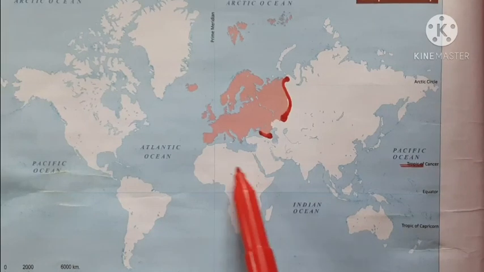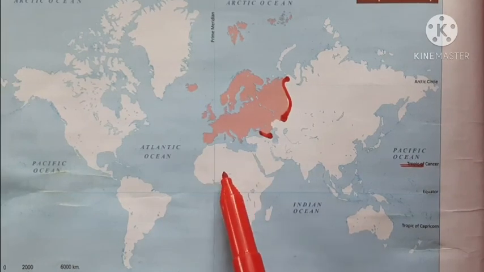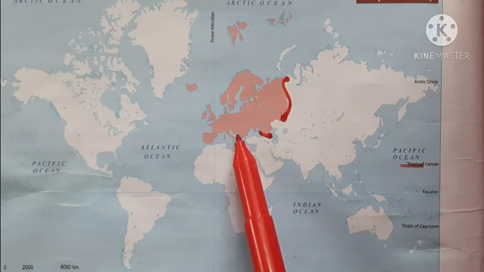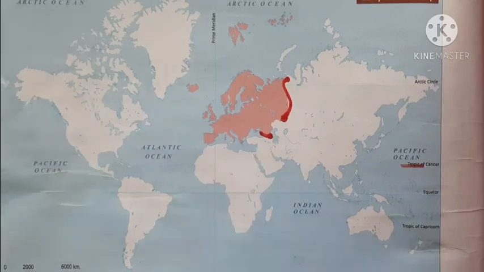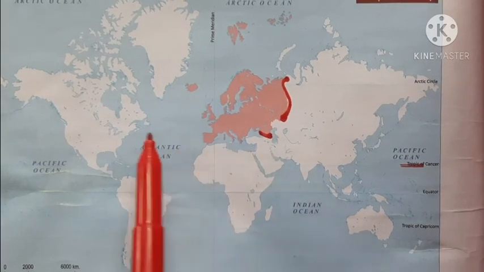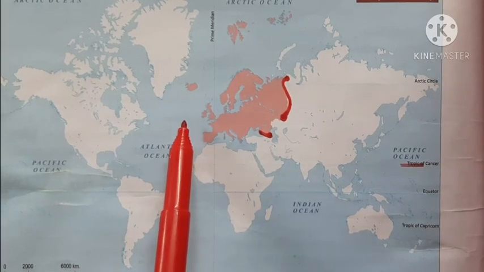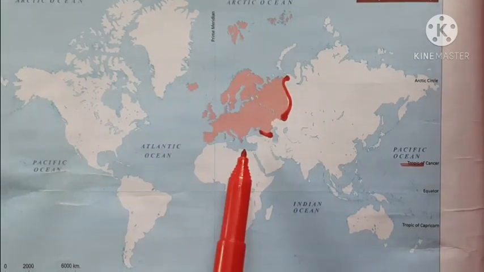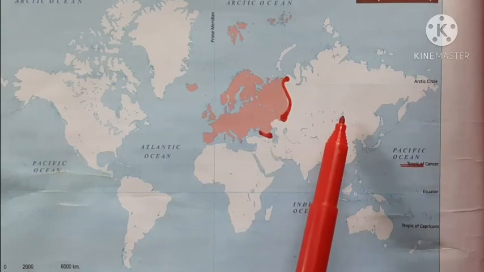Then here this African continent is separated from Europe by the Mediterranean Sea. So south of Europe lies the Mediterranean Sea. The continents Africa, Europe and Asia together are named Afro-Eurasia. Then you can find here Mediterranean Sea in the south, Atlantic Ocean located in the west and Arctic Ocean in the east. So three sides are surrounded by water bodies, and one side only is connected with the land.